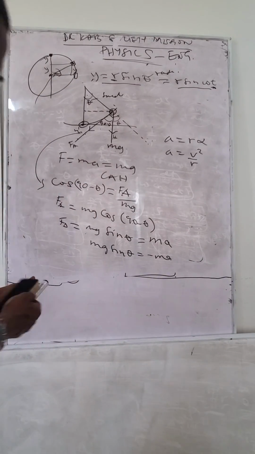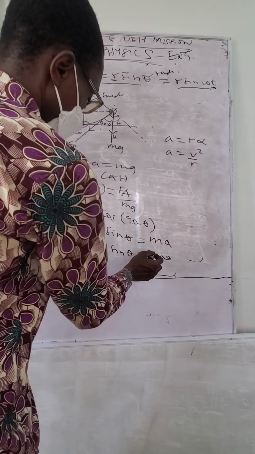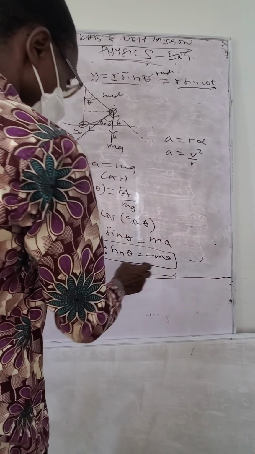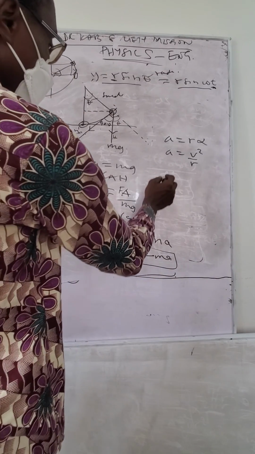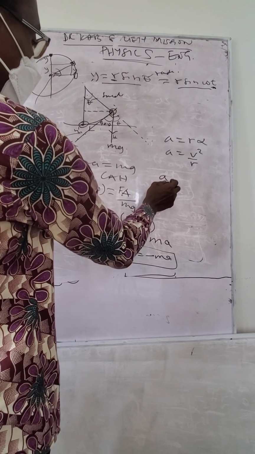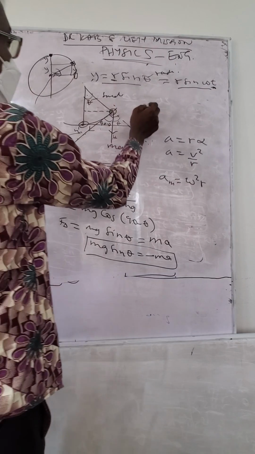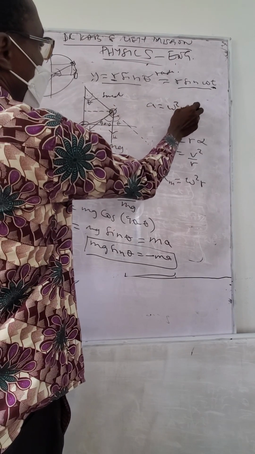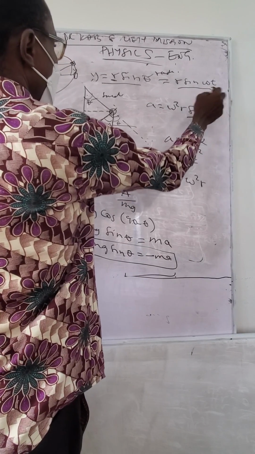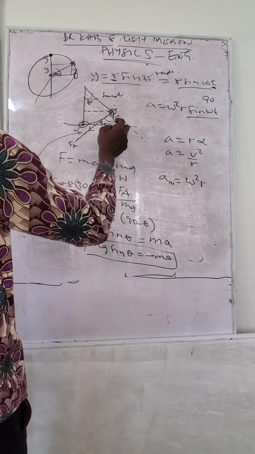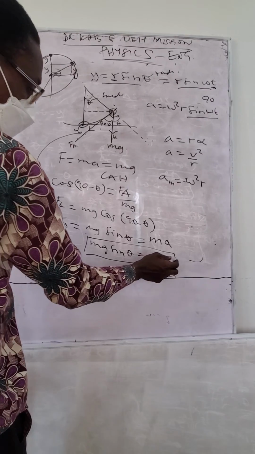From here, if we are assuming it's simple harmonic motion, of course, acceleration becomes negative. We remember that we said the maximum acceleration is equal to omega squared A from the previous one. If this one is 90 degrees, it will come back to this, and then it was negative. So we can put this in place of a here. So this becomes